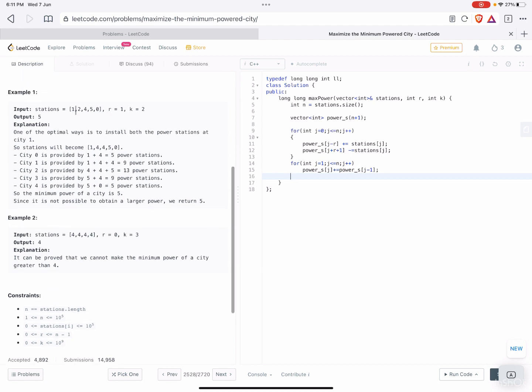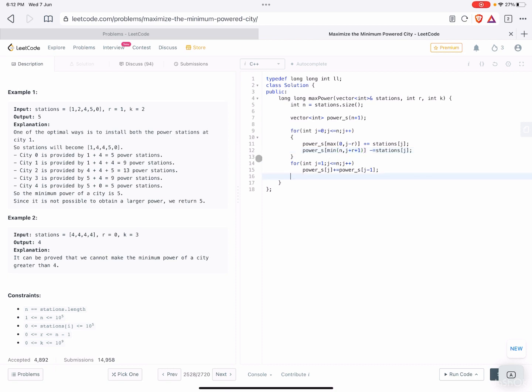I have first defined this as 0, all the elements in powers were 0, and when we do this, let's say I have 1 2 4 5 0, okay, we need to take one more condition here. It should be max of 0 and j minus r, and similarly it should be min of n and j plus r plus 1.